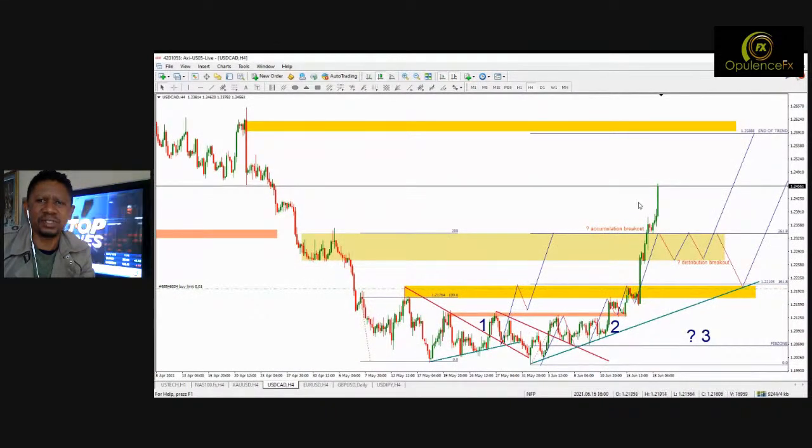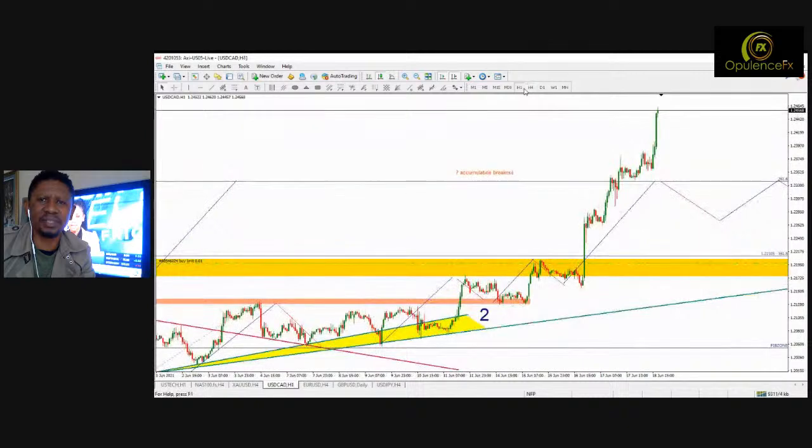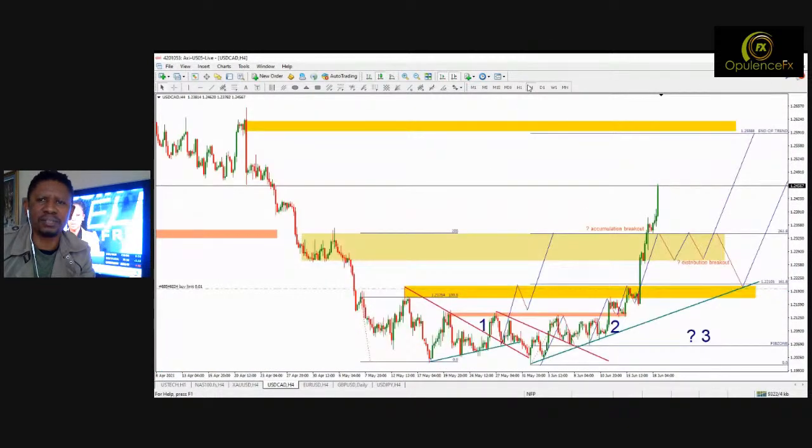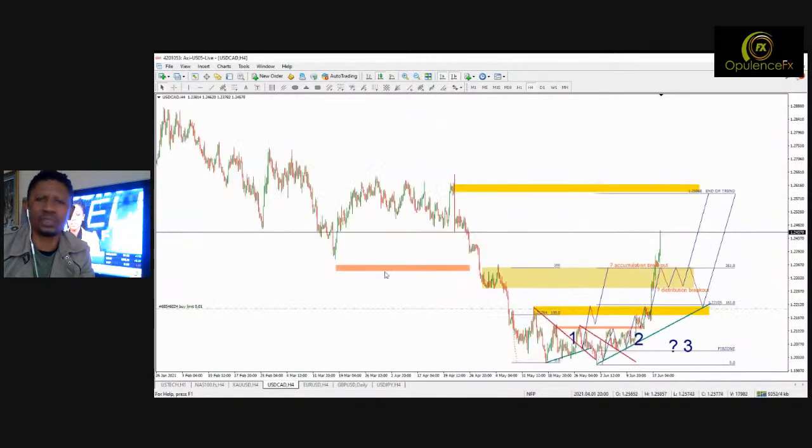There it is. Right, we're anticipating a distribution or an accumulation there. It broke out before we could speak about it. I'm telling you right now, this is an auto cruise, just like it did from this point. We are now watching another autopilot. The USD CAD is in the bag. The price is not returning anywhere soon. Now, this price is targeting 1.25888, right there at the top. That's where it's going to end the session. I don't see it coming back. I do not see USD CAD coming back at all during this session.